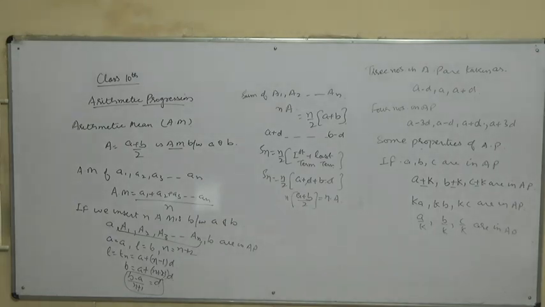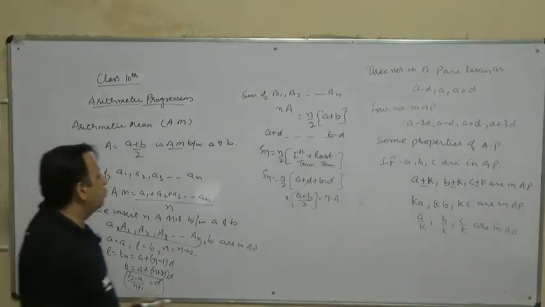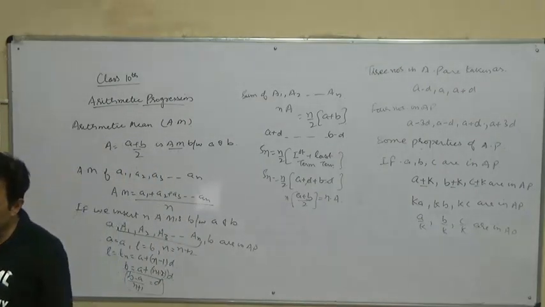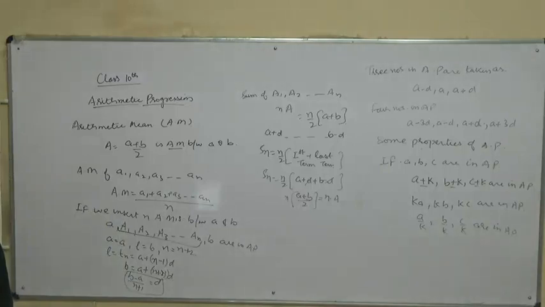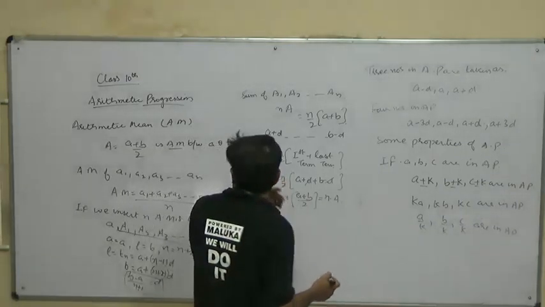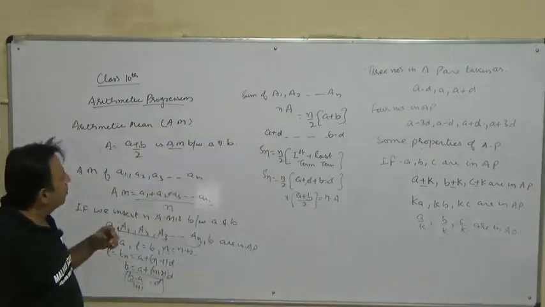Then next is the terms: the sum of the terms equidistant from beginning and end is constant, and that is equal to the sum of the first term and the last term. So if we take any two terms equidistant from beginning and end, you can check this when we find the sum of these.